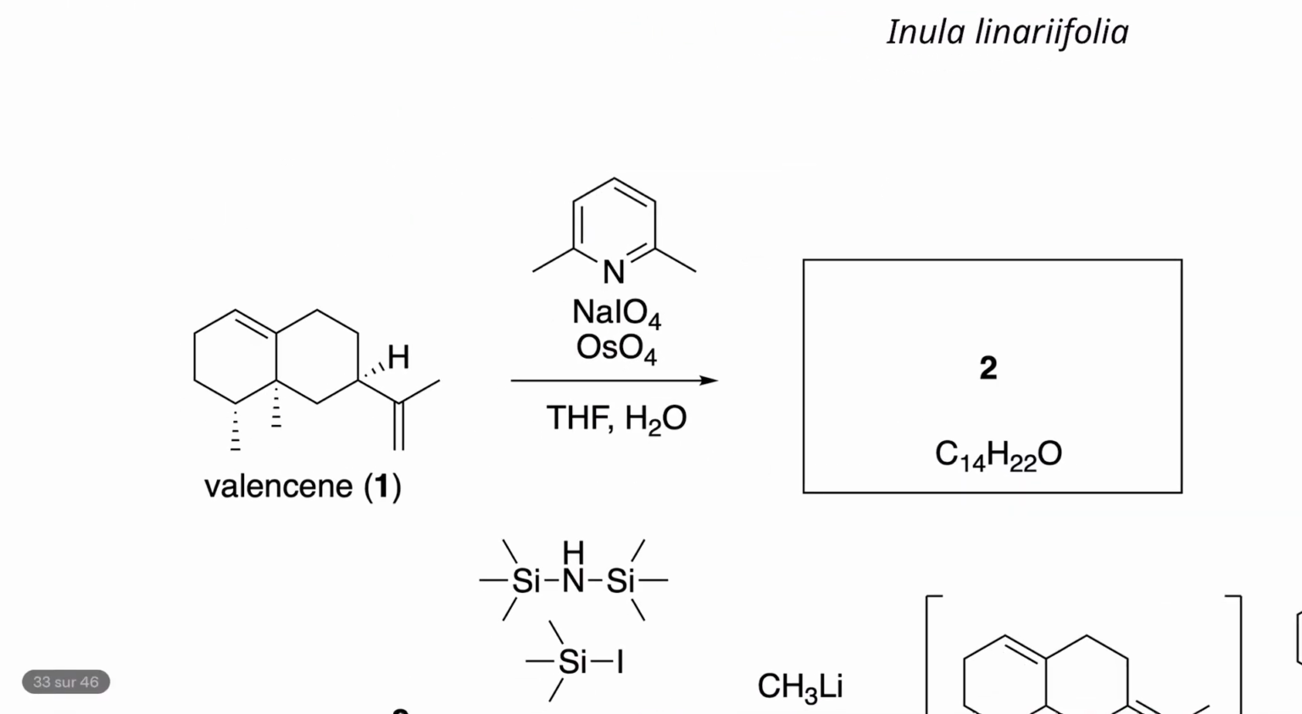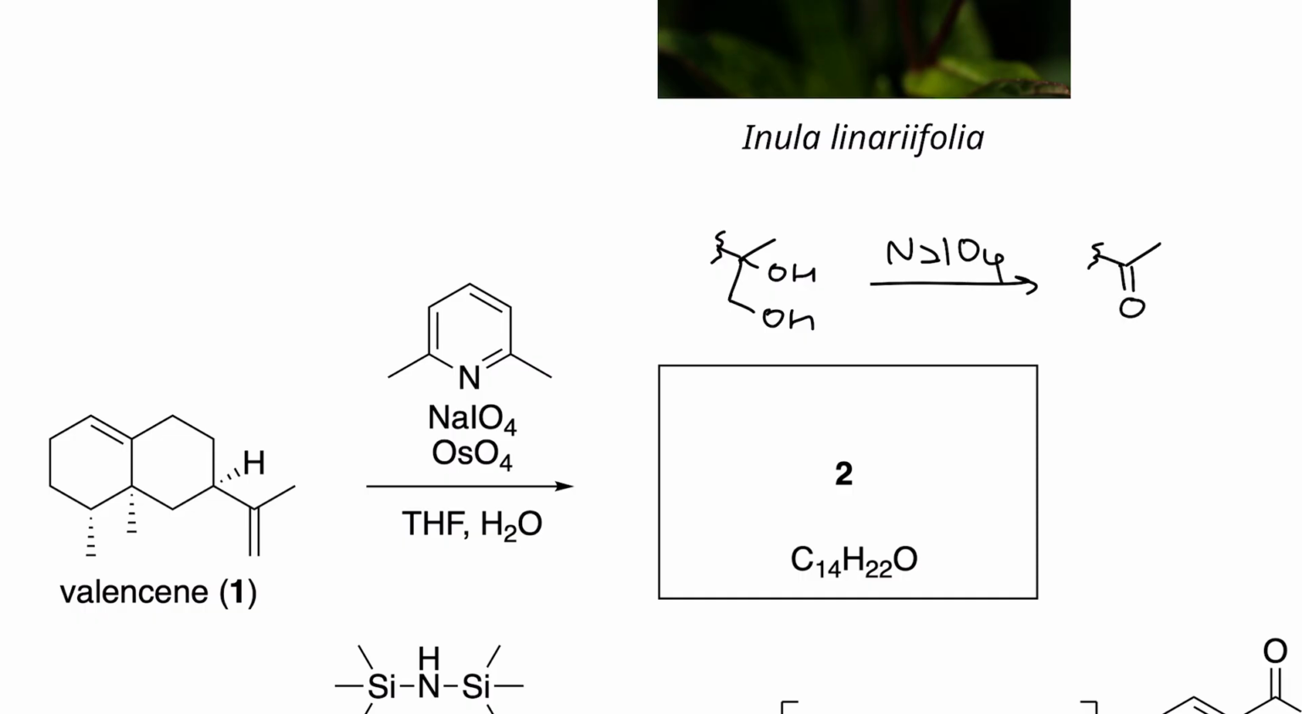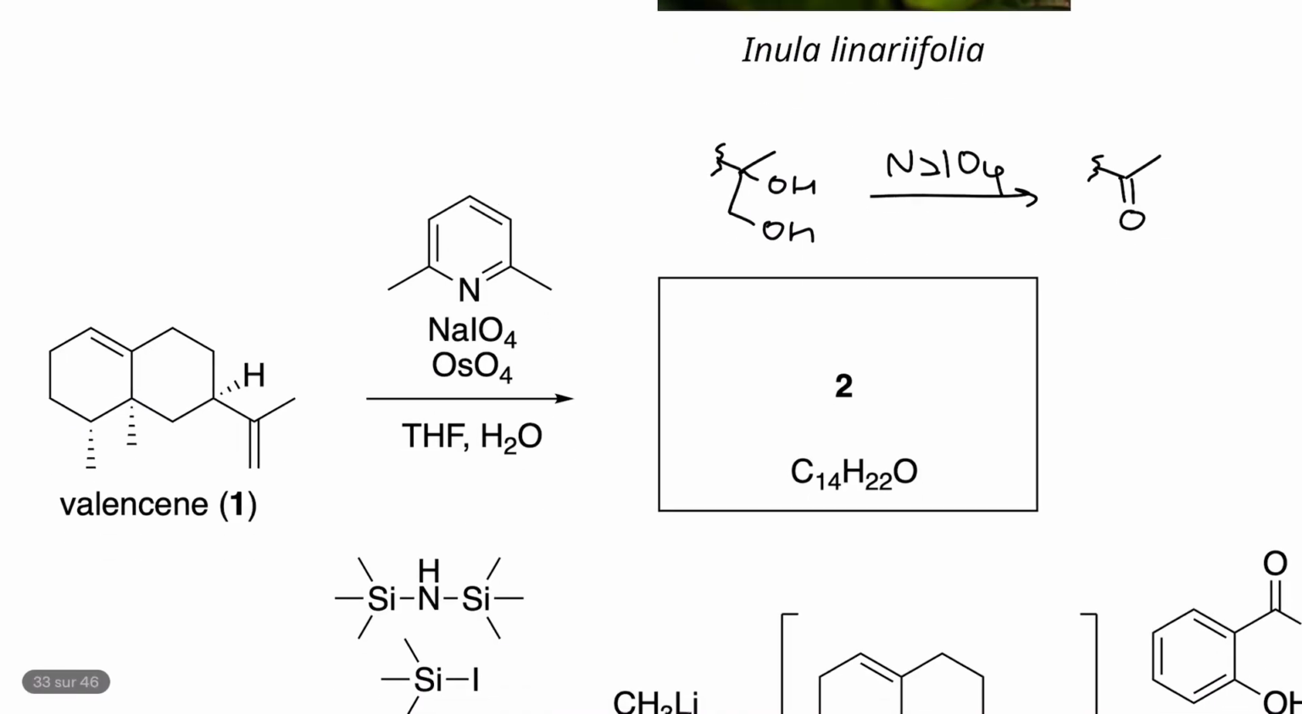So for the transformation from 1 to 2, we treat an alkene with osmium tetroxide and sodium periodate. Of course that will form a ketone, right? The first step will be the formation of the diol, dihydroxylation. And then after treatment with sodium periodate, that's going to cleave the diol bond and turn it into a ketone like this. So 2 should be, let me draw it